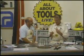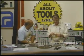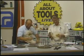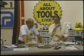The size of your shank is very important. Because if you have a little shank, if you put it under pressure, it won't stay in the collet. So when cutting hard materials,